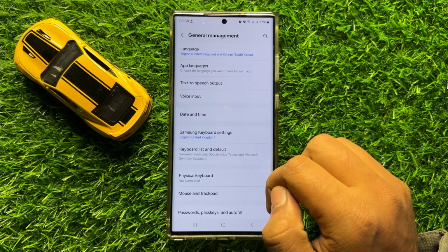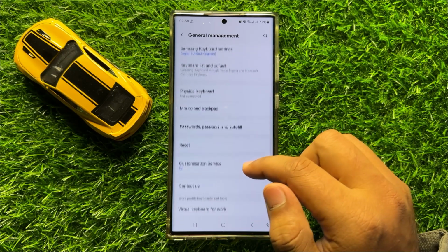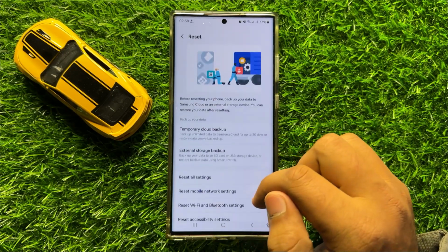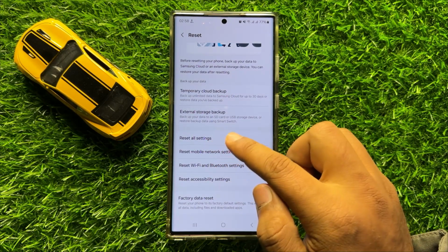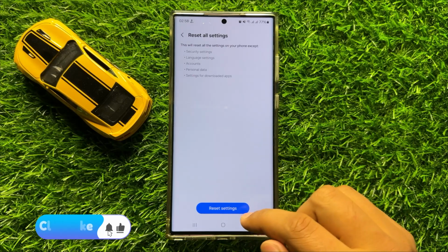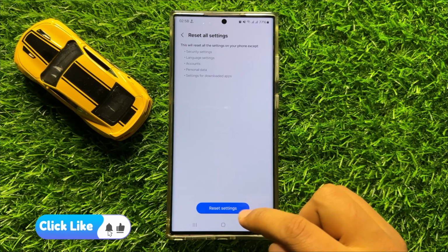Now in general management, scroll down and click on reset. Now here scroll down and click on reset all settings, and then click on reset settings option here to reset